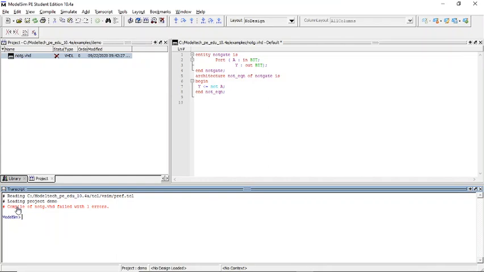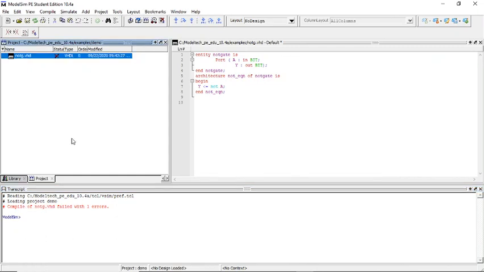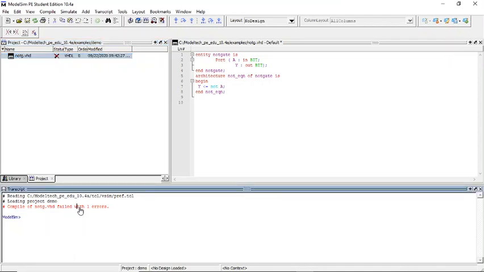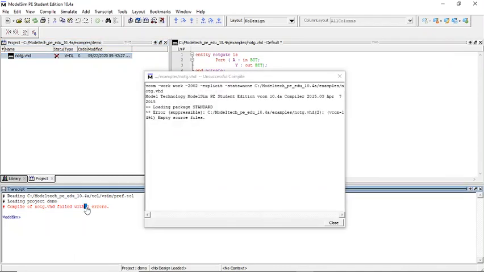So our code has an error, compile of not g.vhd failed with one error. In order to check the error, click on the statement. When I click this line, a window will appear which will show the error.